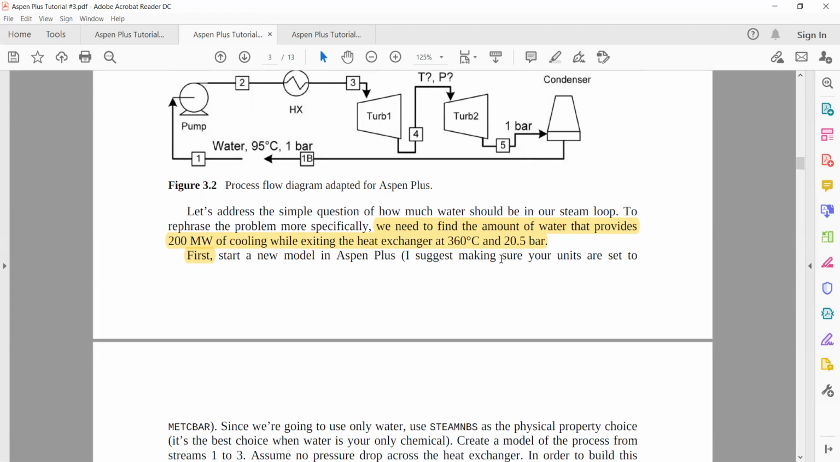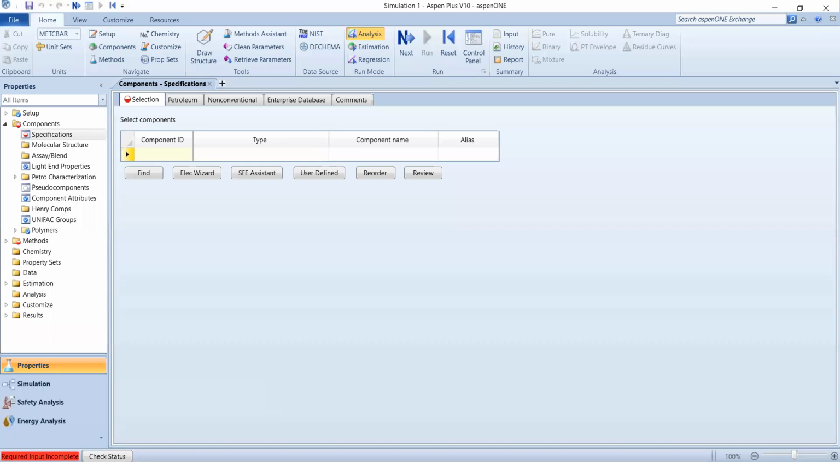I suggest making sure your units are set to MET C bar. Okay, so I'm going to switch to Aspen Plus from here on. You can follow along from the tutorial if you have it printed out, or you can go back and forth,